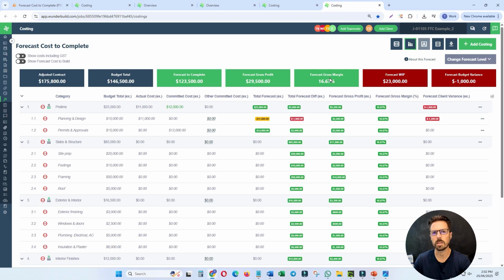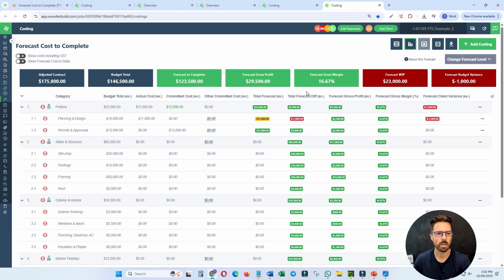And the reason for that is because for a cost plus job, that markup or margin percentage should be fixed. So regardless of where the project ends, dollar-wise, that margin shouldn't change, because you've obviously agreed to a margin with the client from the outset. So just something to be aware of, because that threw me out a bit the first time I was looking